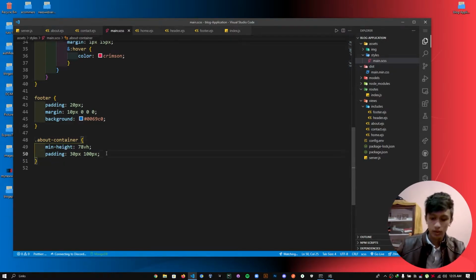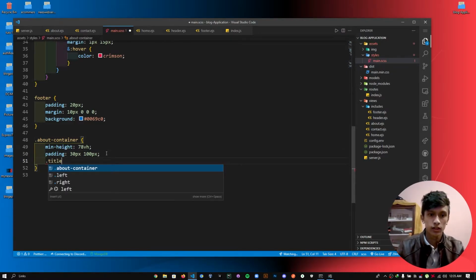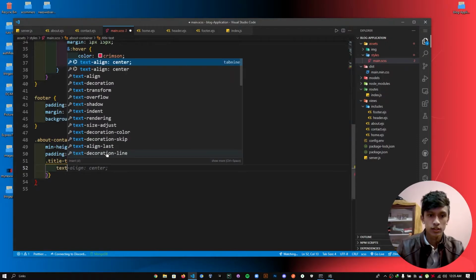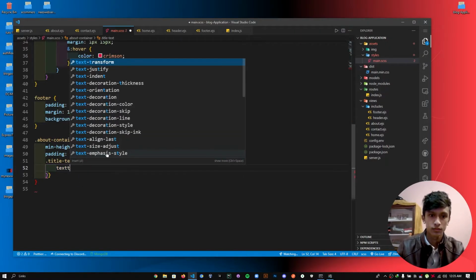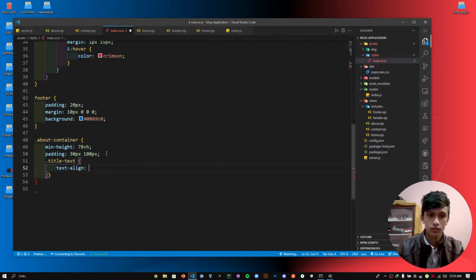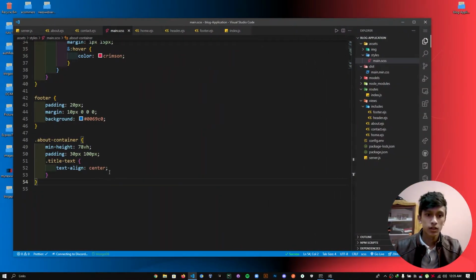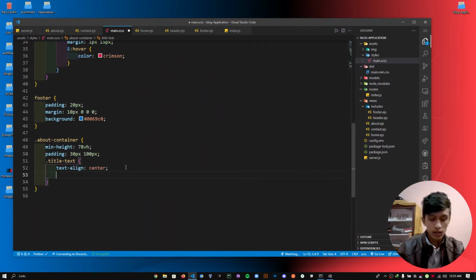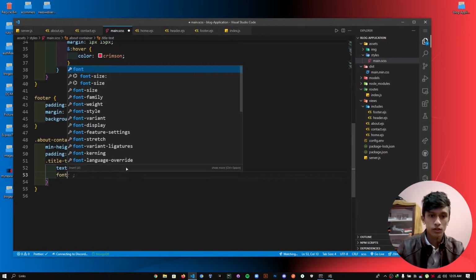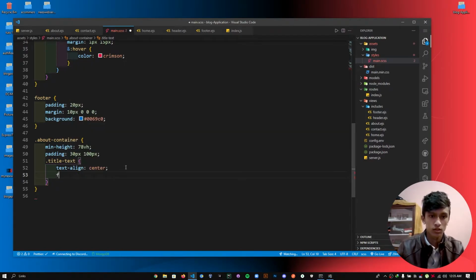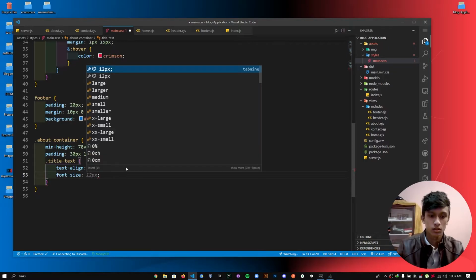In the about container we have .title text, that should be text-align center, and then an extra bracket is coming here. Let's refresh. Text-align center, and then font size should be